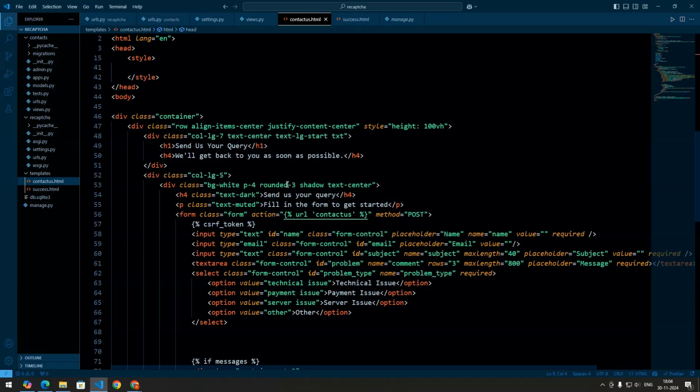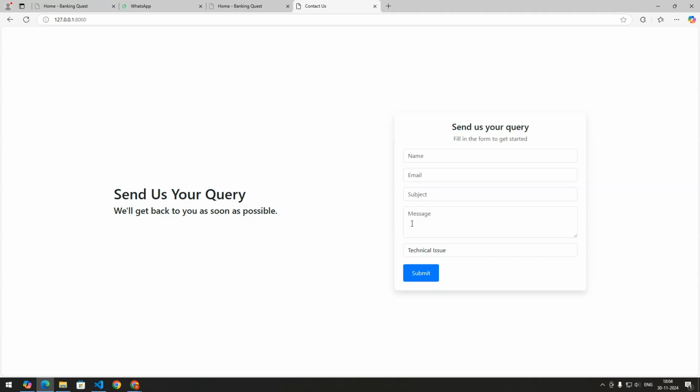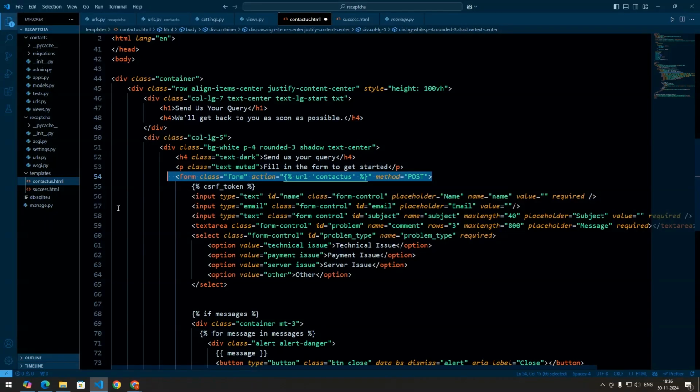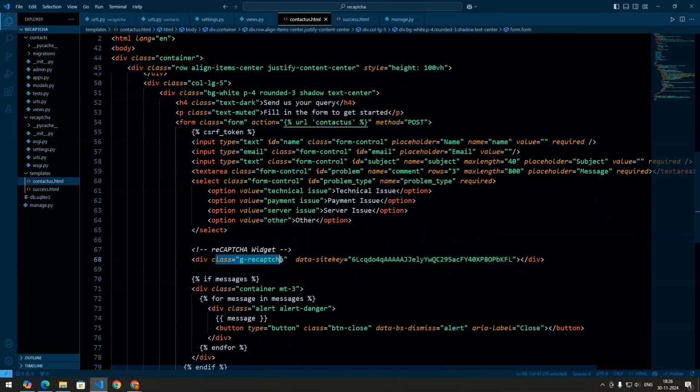This is the HTML of the contact us page, where we have not implemented reCAPTCHA right now. To implement reCAPTCHA in a contact form, first we add the source in the script tag that loads the Google reCAPTCHA API, which is required to display the reCAPTCHA widget on the page. And then here we have an HTML form that sends the post request to this URL. In the HTML where you want to display the reCAPTCHA widget, you just need to add this div using the class g-recaptcha and the data-sitekey. This data-sitekey attribute contains the site key that we got earlier from Google. This key links the widget to the reCAPTCHA account and allows the widget to communicate with Google.